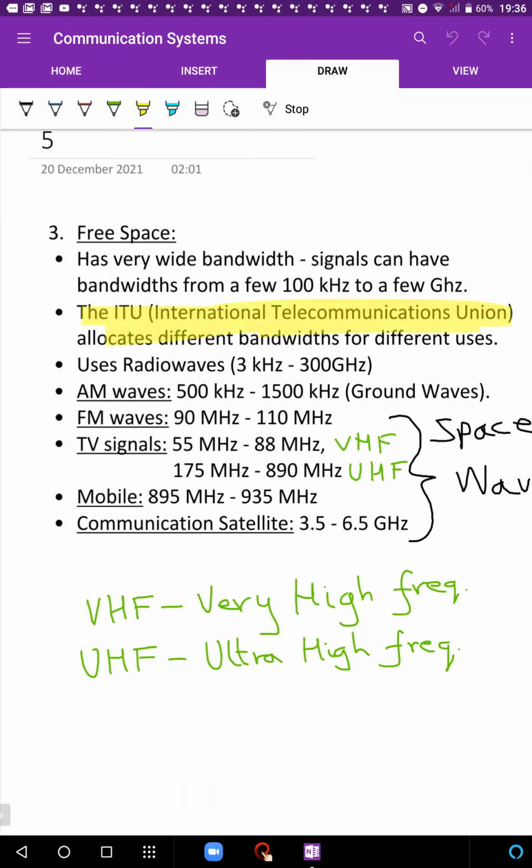The International Telecommunications Union allocates different bandwidths for different uses. Light used for this purpose is called radio waves. So light used for the purpose of communications is called radio waves, right? As I've said, sometimes the frequency ranges of the light spectrum are not exact. They sometimes overlap, and the distinguishing factor is either the source of the light or what it is used for. Whatever light comes out of nuclear activity is going to be called gamma rays.